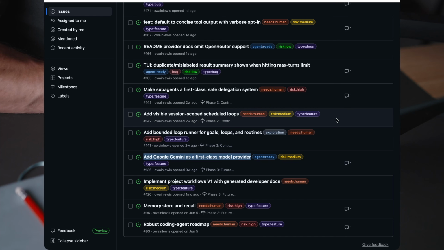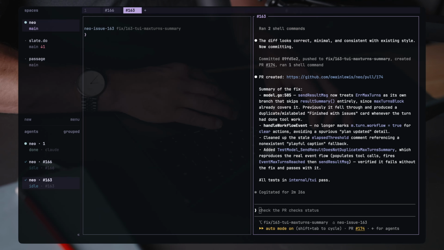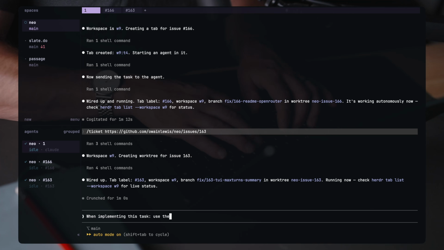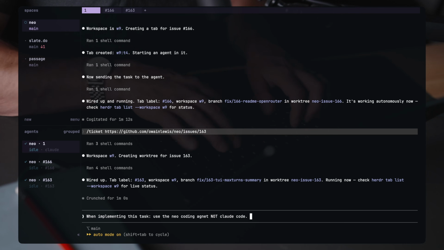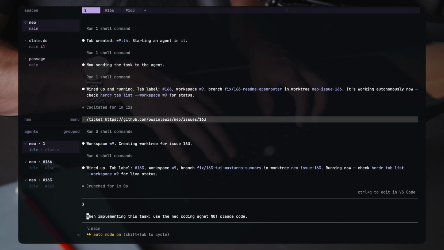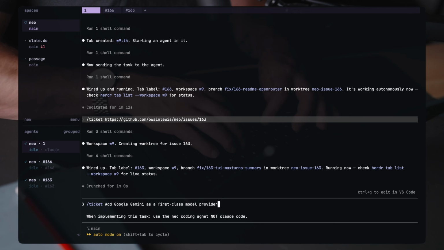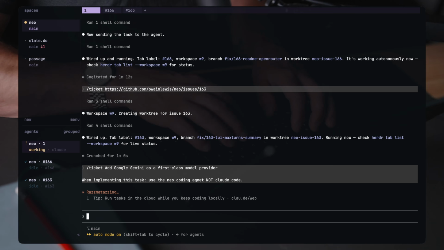So what I'm going to do, or attempt to do, which is going to be super interesting, is see if we can use a different coding agent to implement this task. Use the Neo coding agent, not Claude Code. Let's see if we can do this. I don't know if this will work. So we're going to say ticket, paste in the ticket number, and then we're saying to use the Neo coding